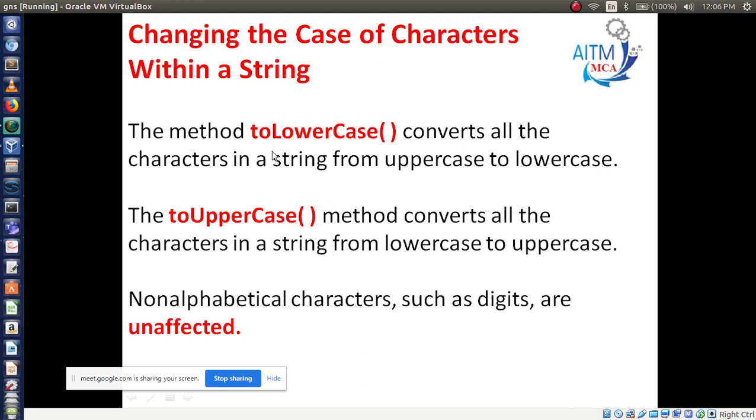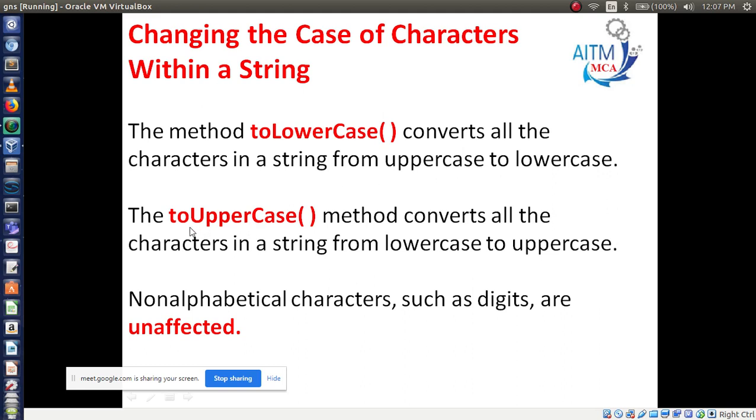One method we are using is toLowerCase. Observe, the t is small case, L is capital, and the next word C is capital. toLowerCase converts all the characters in a string from uppercase to lowercase letters.